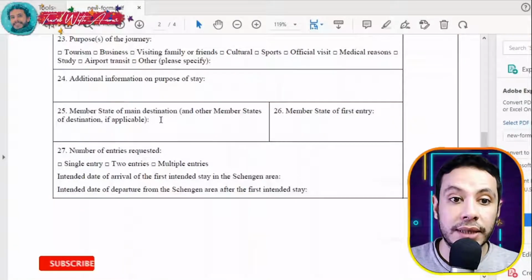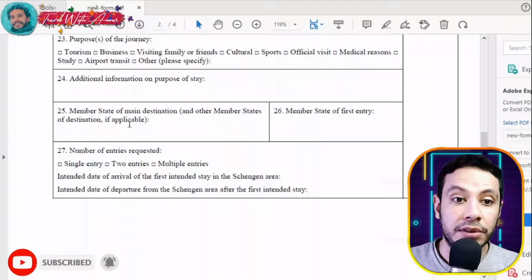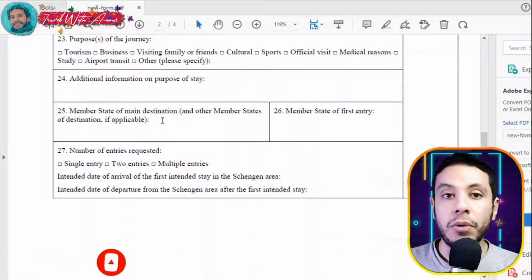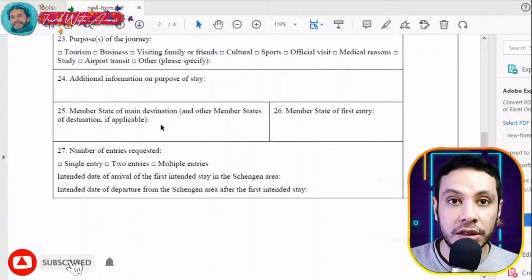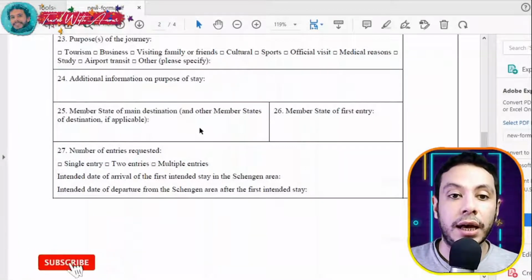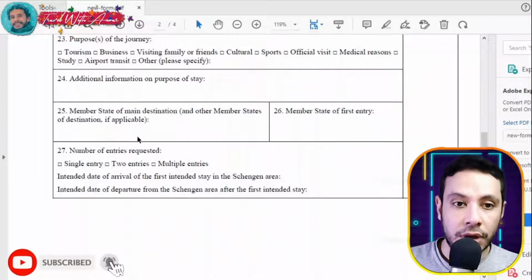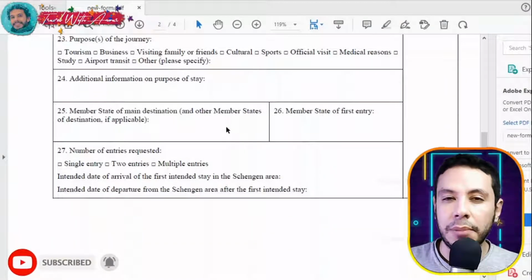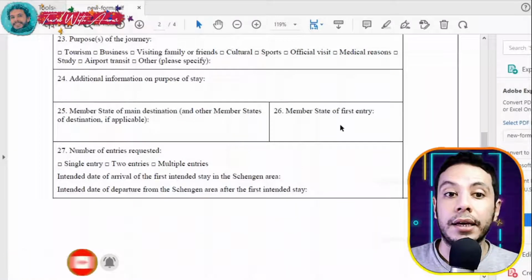And the member state of main destination and other member states of destination if applicable. So write the name of the Schengen countries that you are entering, and if there is any other country you are planning to visit along in your visit, please clarify it here. Maximum write 2 countries if there,